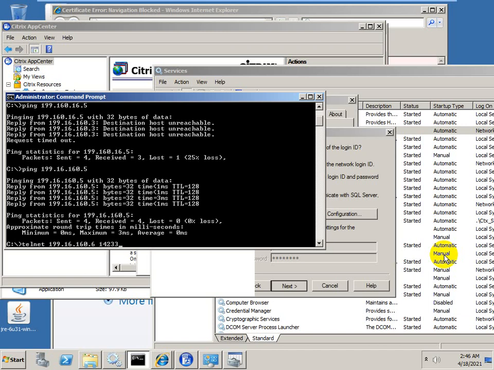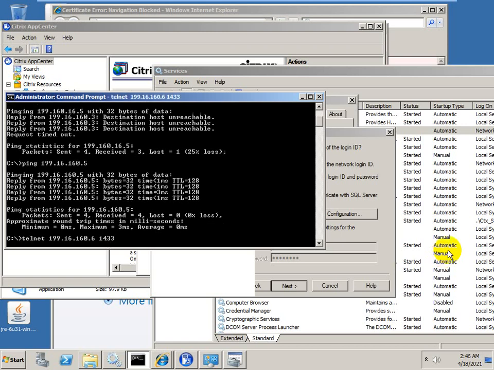It's 1433 for the database. If it's not showing the blank screen, it means it's not connected. If it's connected and the port is open, then it should show the black screen.